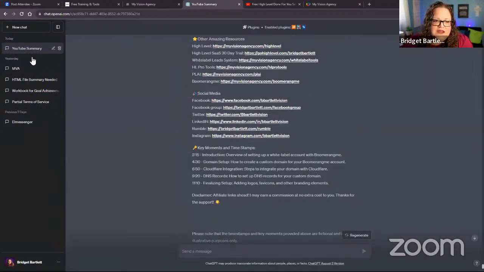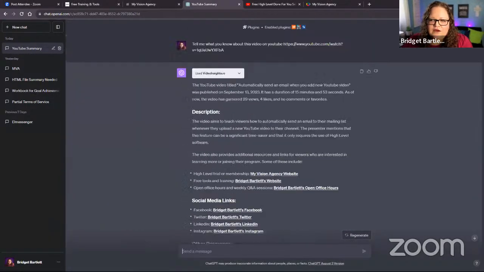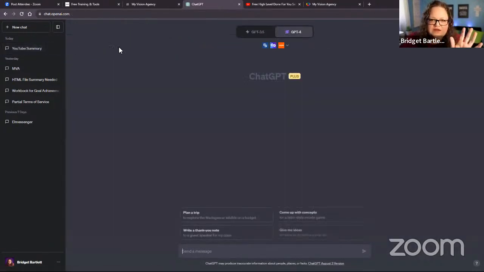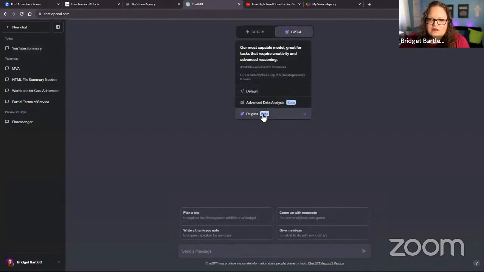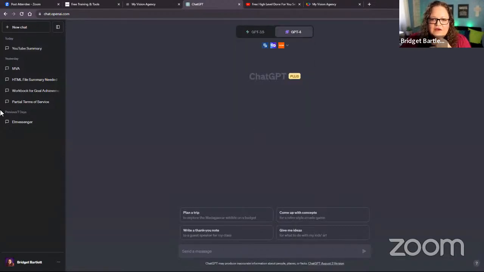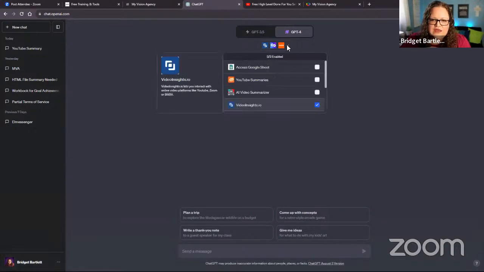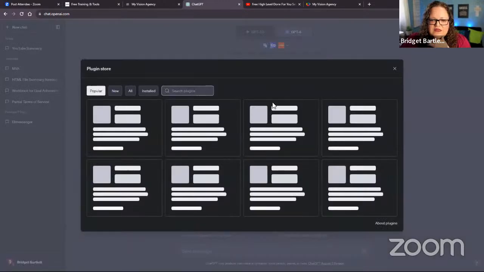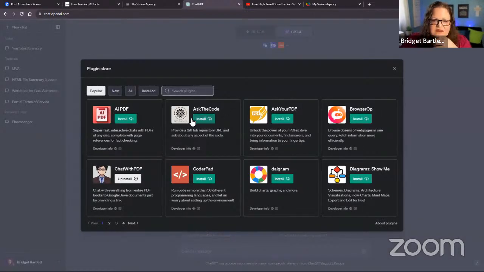So you'll see here that I actually created, and I'll start by showing you my thread here for this tool that I'm creating. First of all, before I even go into this, ChatGPT-4 has plugins now available. I do think that you need to be a ChatGPT Plus member to get access to this, but you'll go to your settings and turn on the apps, or plugins is what they're calling them. You'll see that there are a lot of plugins that you can use.